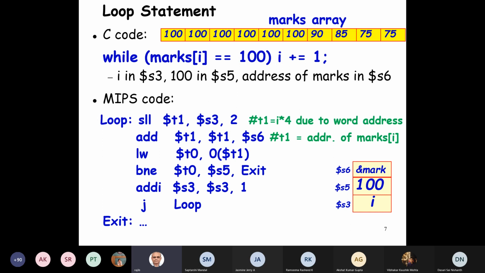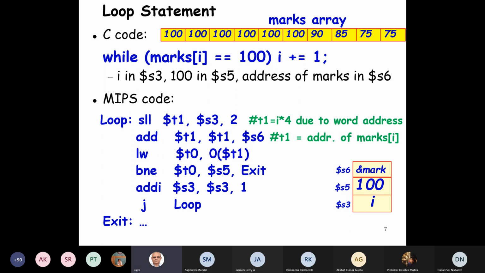So if the S3 register contains 1, then T1 will contain 4, because the addresses will be some base address plus 0, that's the first one. Base address plus 4 is the second entry. Base address plus 8 is the third entry. Base address plus 12 is the fourth entry, and so on.